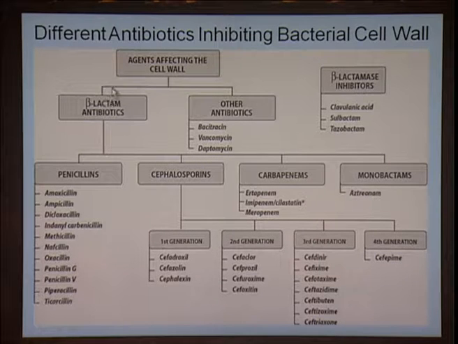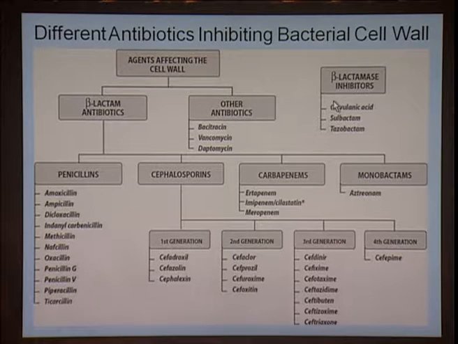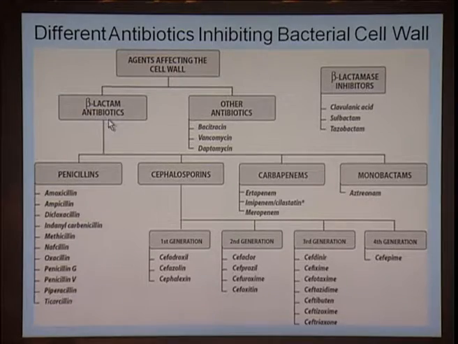There are different forms of antibiotics which are mainly classified into two types. One is the cell wall inhibiting agents and the other one is the beta lactamase inhibitor, though here I am not considering those antibiotics which are protein synthesis inhibitors. I am particularly telling you about the different cell wall inhibiting antibiotics which include the beta lactam and the other antibiotics. Most of the beta lactams include the penicillin, the cephalosporin, the carbapenem and the monobactam.